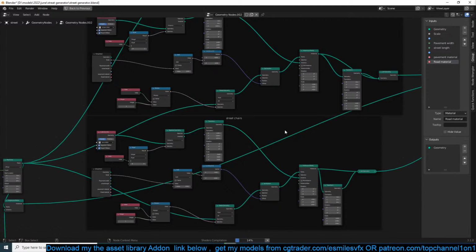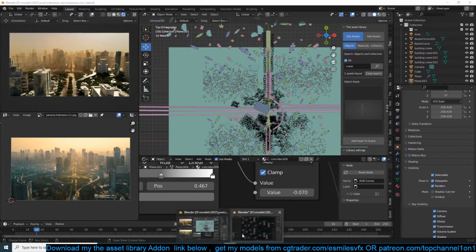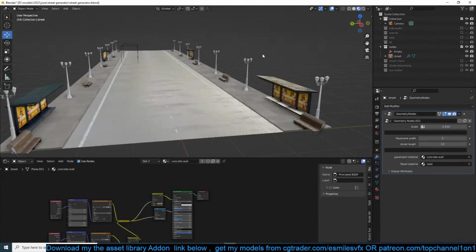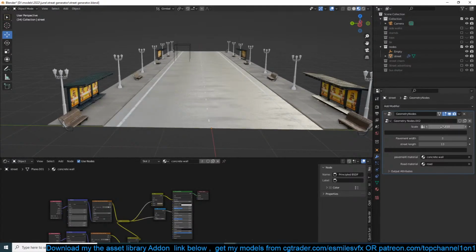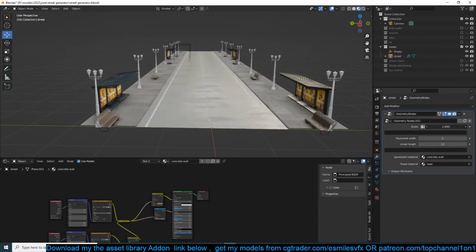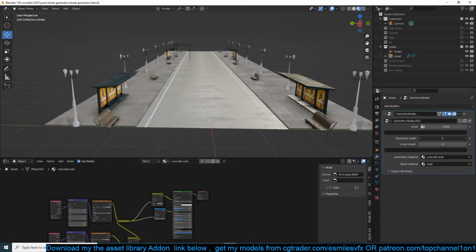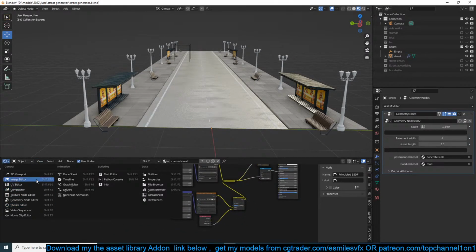We would have to use some low poly cars. Actually, it shouldn't be very difficult to add cars in here since we already have the geometry, the curve object. Let me just first show this geometry setup I'm working on. You can see it's a street generator. You can change the width. You can change the pavement size. And I haven't exposed all the parameters, but let me go to the